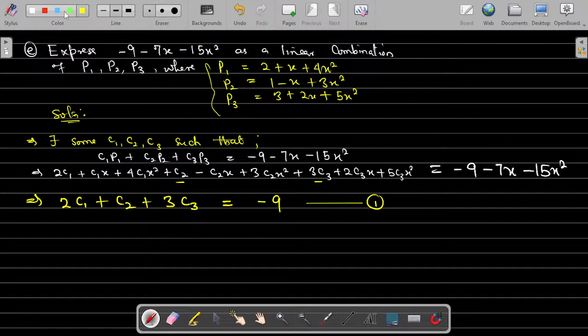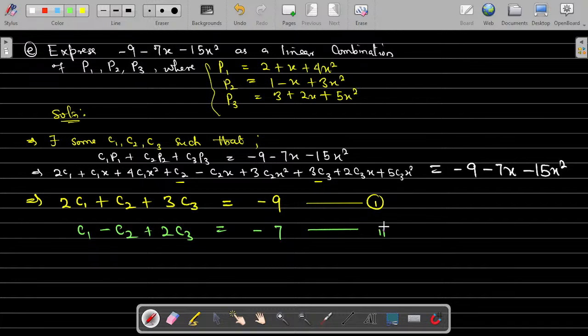And they are asking us now to get the remaining 2. So what do we do? Just pick the coefficients of x on the left hand side, and it should be equal to the coefficients of x on the right. And that's going to be c1 plus, here you have minus c2, and then in the third one you have 2c3. That should be equal to the coefficient of x on the right hand side, which is minus 7,